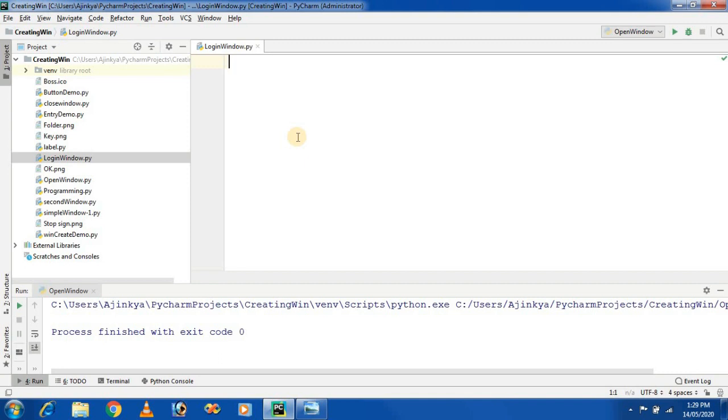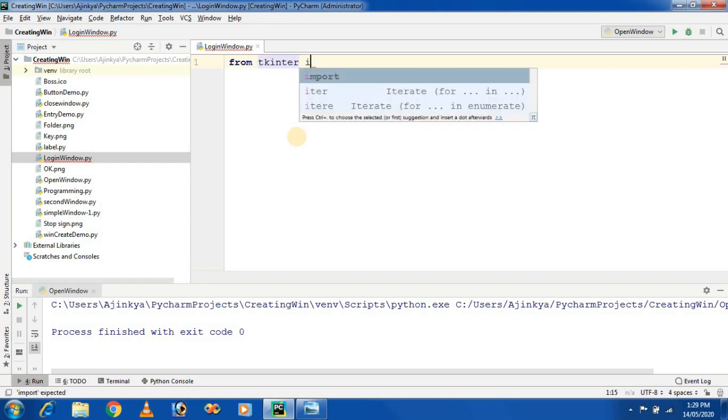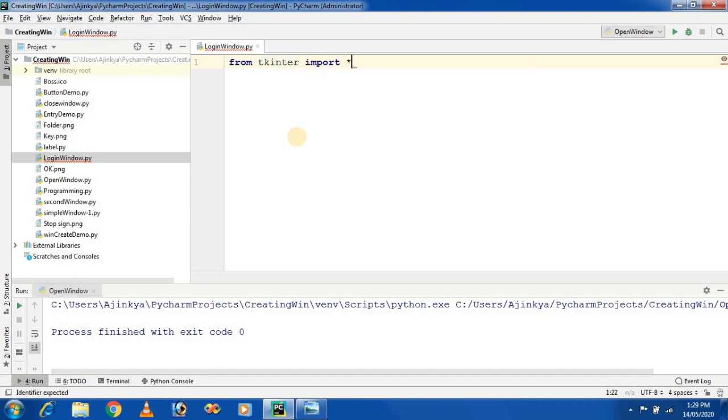Before we design, we first create a window. How can we create a window? By using three steps. The first is to include the tkinter package: from tkinter import star. Second step, create a Tk class object.